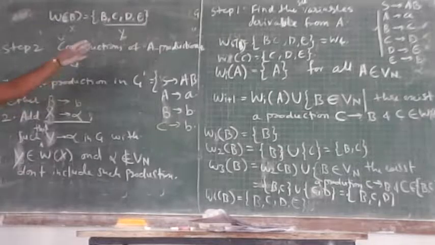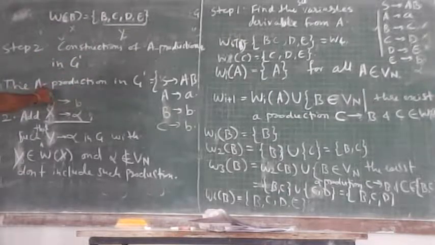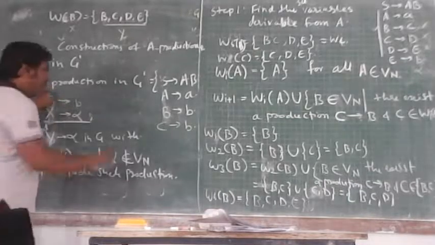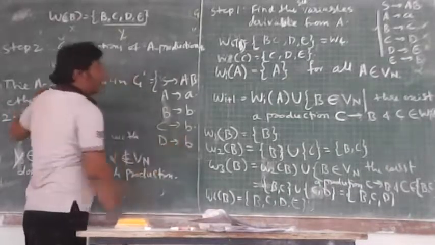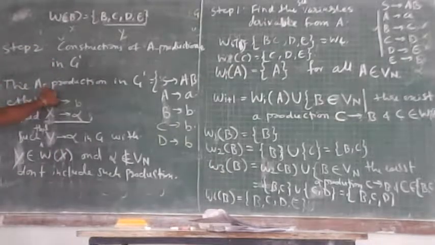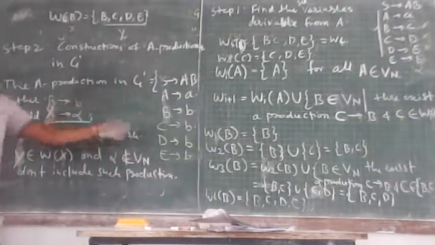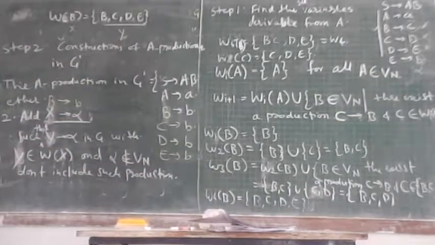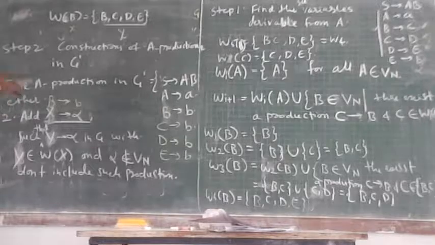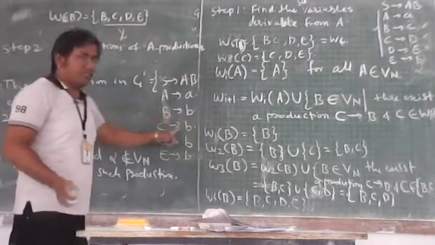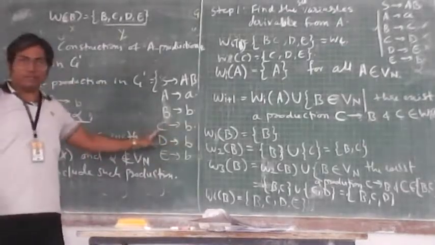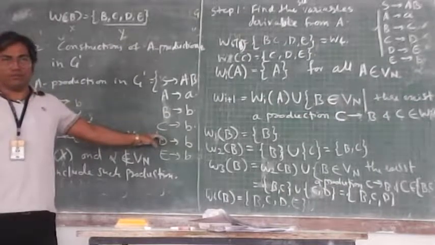Go for calculating a T production. T implies B I got. Okay. And E production, E implies B I got. All these are the production I get during the process. And here I can clearly see that there are useless productions into it. And that useless production I have to remove by using the method we studied.